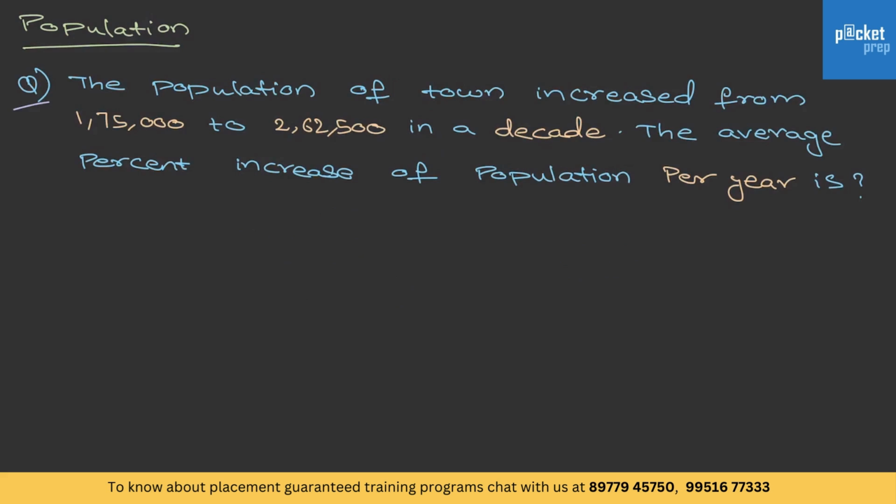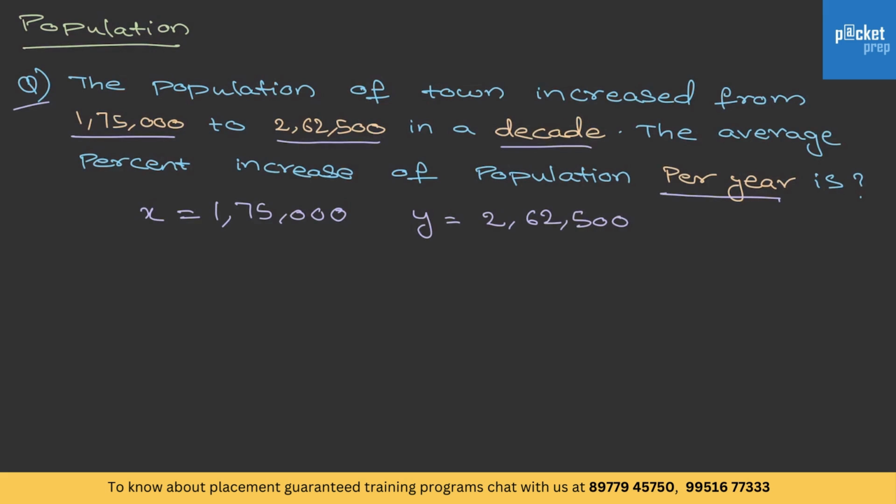Coming to this question: the population of a town increased from 1,75,000 to 2,62,500 in a decade. Find the average percent increase of population per year. So let X be the initial population, that is 1,75,000, and Y be the present population, 2,62,500. Read the question carefully. It is given that it increased over a span of 10 years and they're asking us to find the population